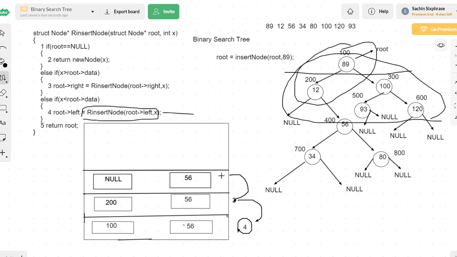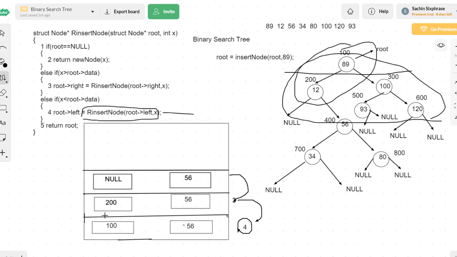From this topmost activation record, you returned the address of the newly created node, 400. That 400 is inserted in root of right, which is 12 of right. Then from here we took the address of 200 and sent it to the previous activation record, where 100 of left is assigned 200. Suppose I had written null from here, what could have happened? 100 of left would be assigned null. To stop that from happening, we made a link so as not to affect the linking process. Finally, we are returning this root. Okay, fine.